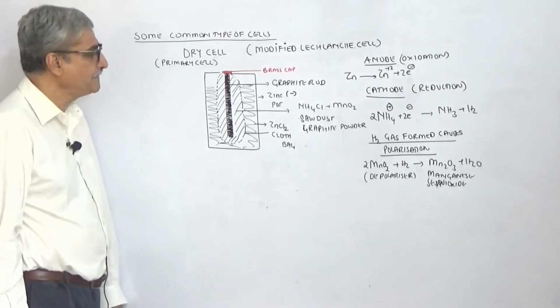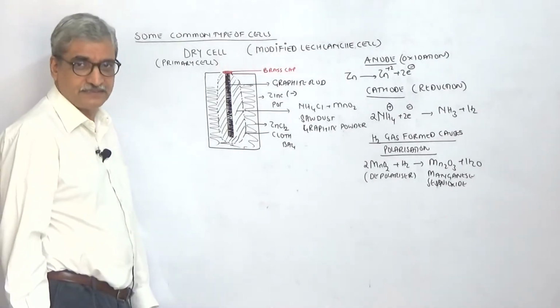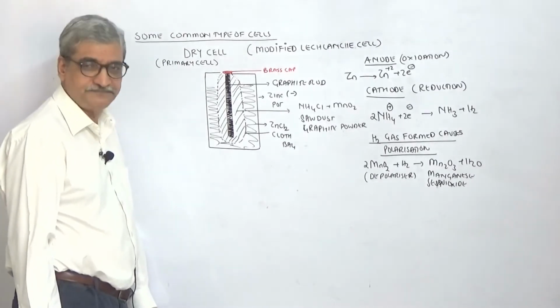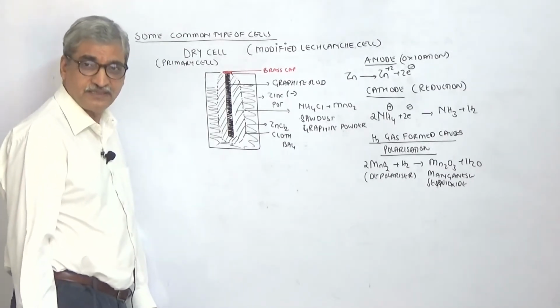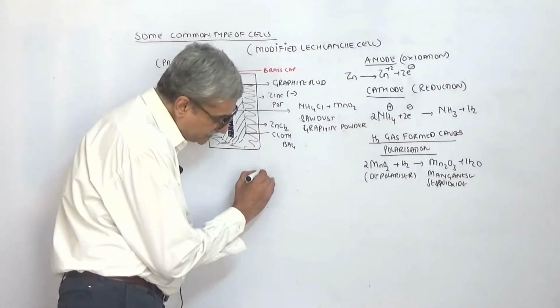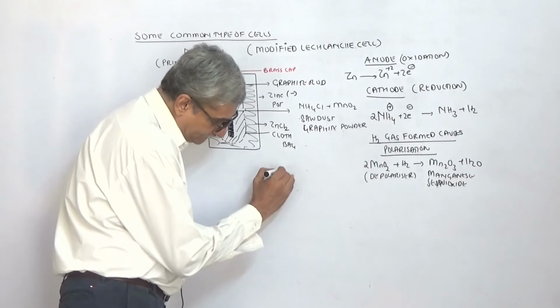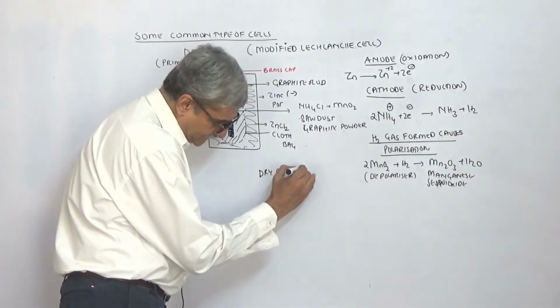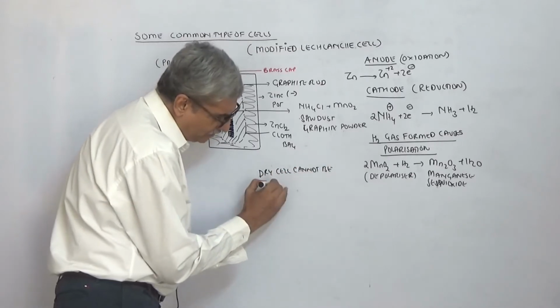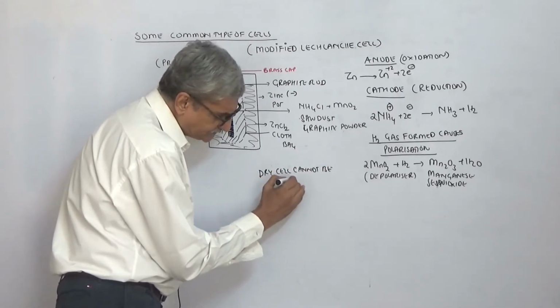So why can a primary cell not be recharged? That is a question, an MCQ, that they can ask. A dry cell cannot be recharged